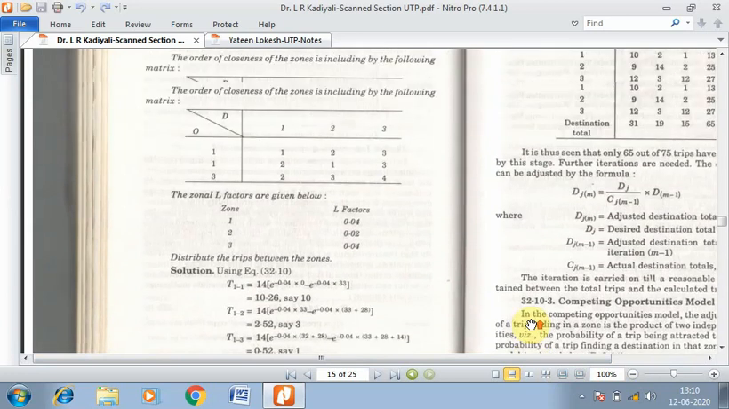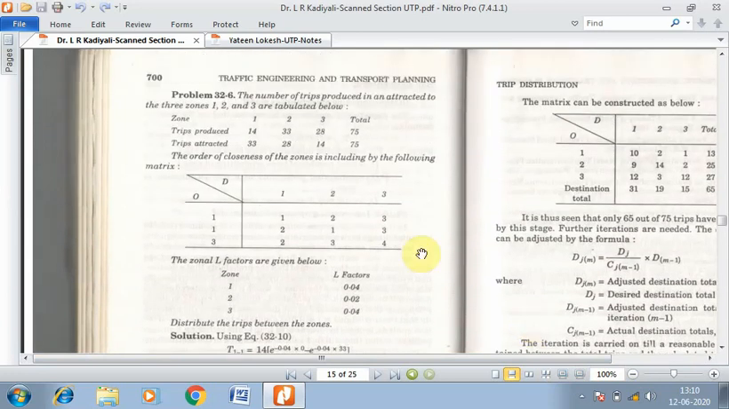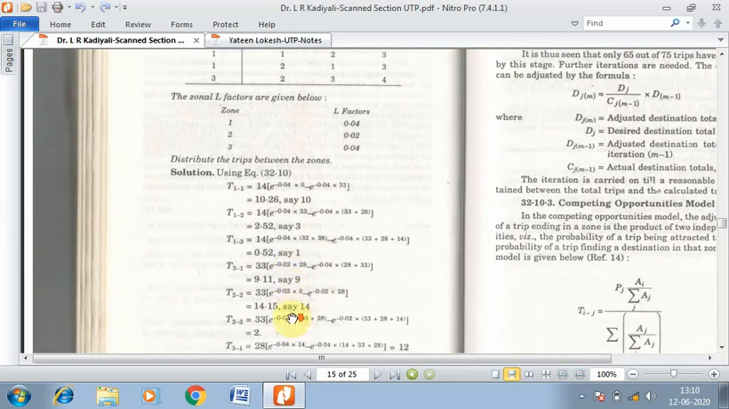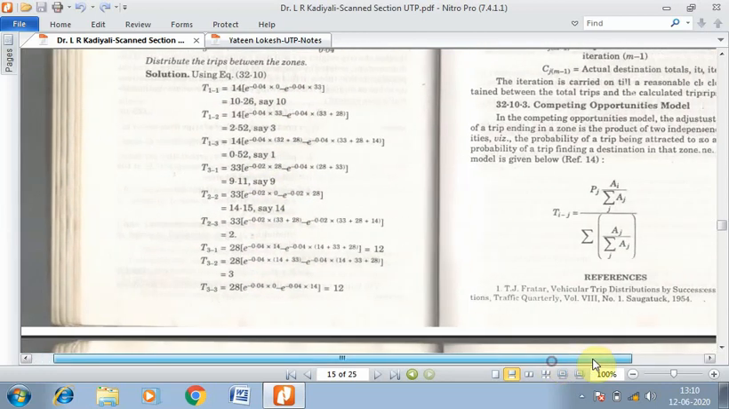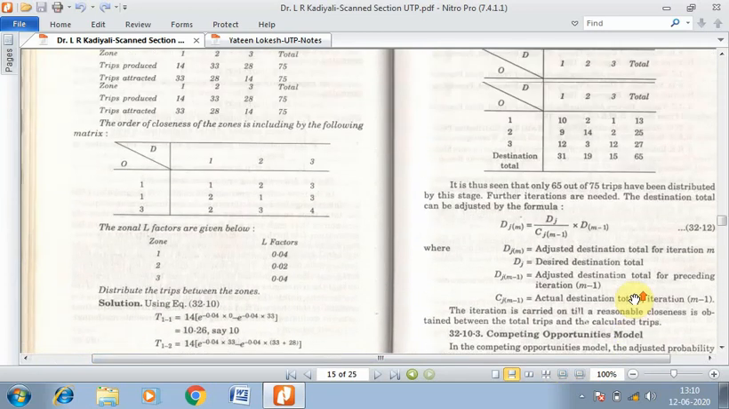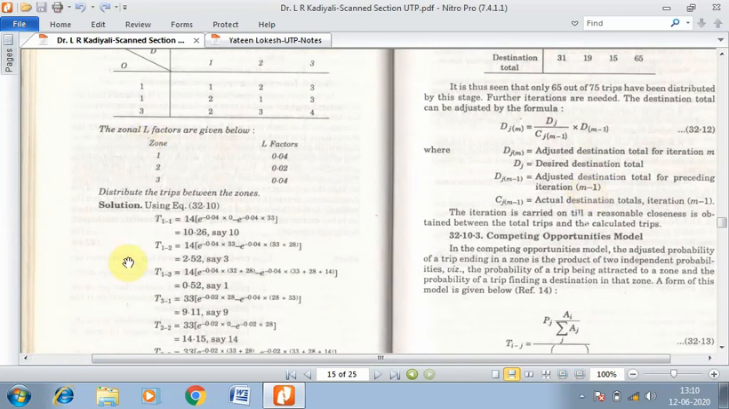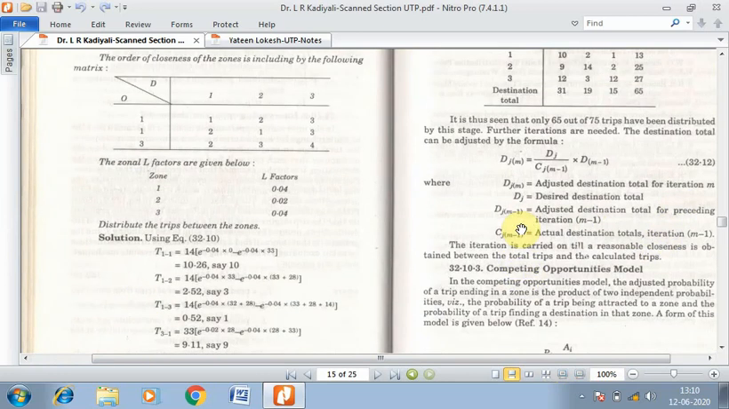So this is the problem I have been talking about, wherein you will be given an OD matrix and the zonal L factors would be given. Corresponding to the zone numbers, you will be having the L factors. You need to use these equations, the equation which was discussed here in this video, and correspondingly you will be doing the calculations, and then finally you will be doing the trip distribution. So you can go through this problem. It's a very simple problem,